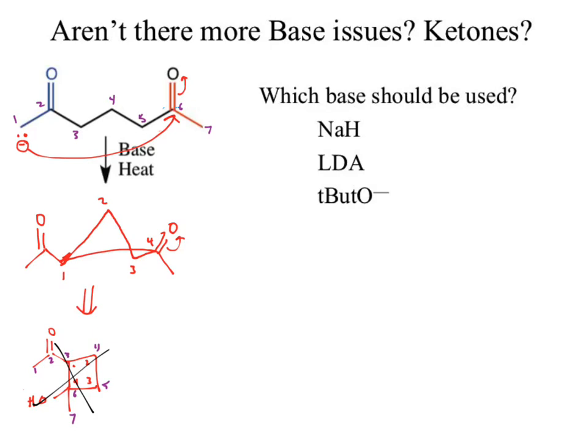Instead of trying to draw that out in the weird goofy shape, I could say I've connected carbon 1 to carbon 6. I haven't broken any of the carbon bonds in between, which means I have a 6-membered ring. 1, 2, 3, 4, 5, 6. At position 1, I just have a carbon. At position 2, what do I have? I have the ketone. At position 6, what do I have? I have the methyl, and I would have that O minus. That can get protonated. Now what happens?